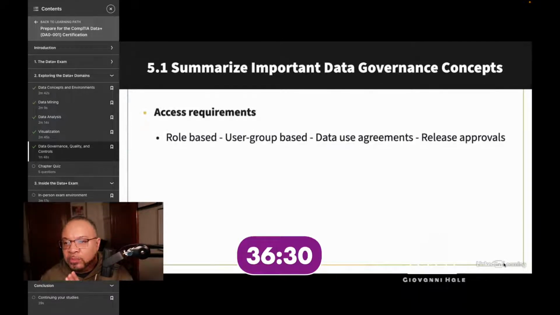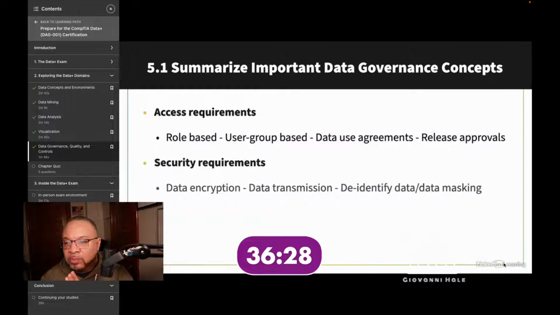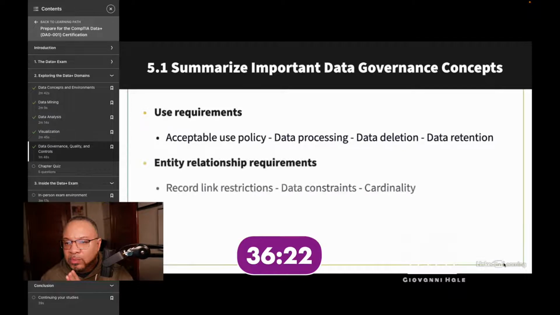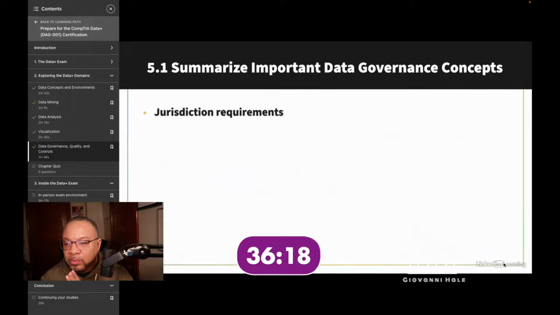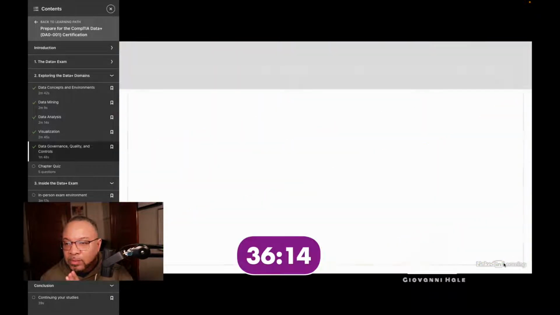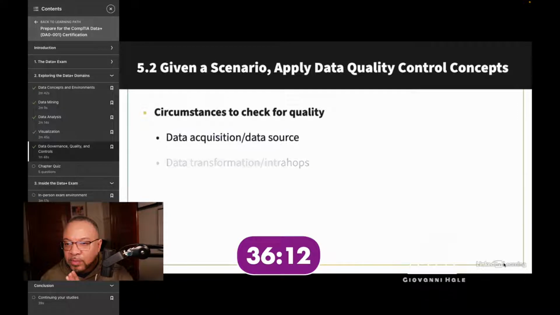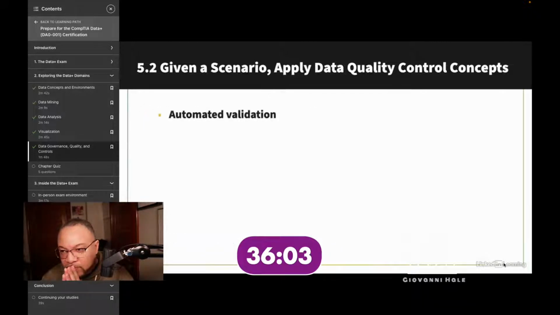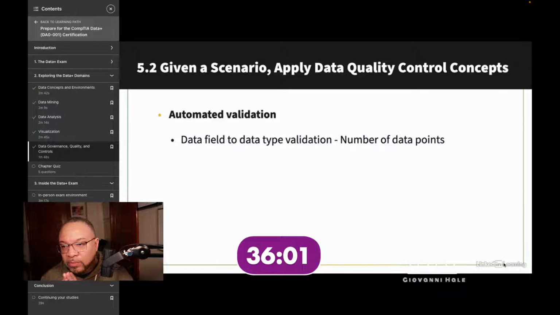These include access requirements, security requirements, storage environment requirements, use requirements, entity relationship requirements, data classification, jurisdiction requirements, and data breach reporting.